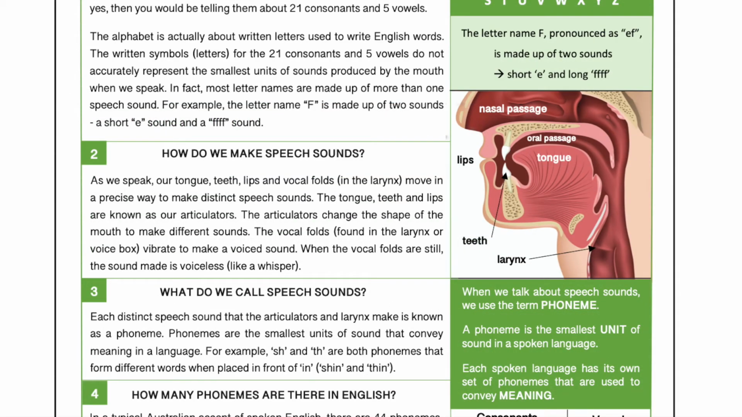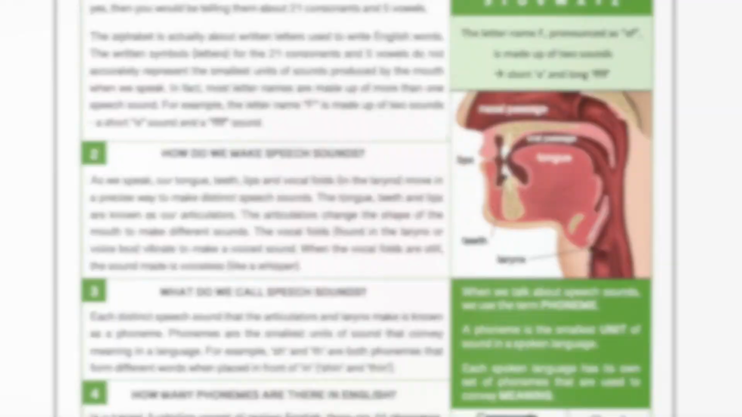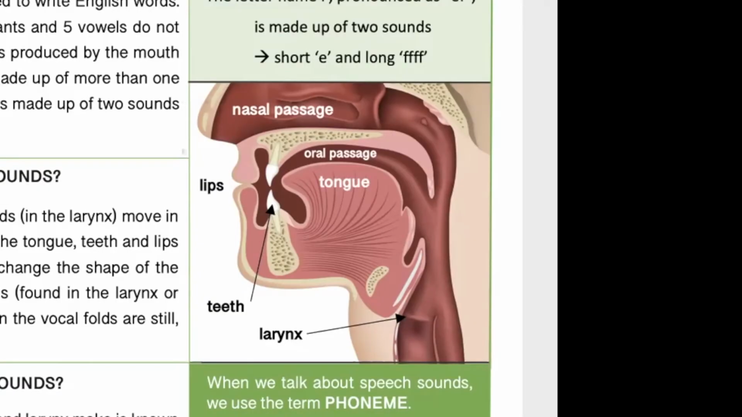So at number 2, how do we make speech sounds? With our tongue, our teeth, and our lips. Those are our 3 articulators. And with the vocal folds in the larynx. And if we look at the picture there, I think you should be able to see that okay. I'm just circling around the nasal passage. So the space there where the air flows, and the oral passage, the space that we make when we open our mouth,